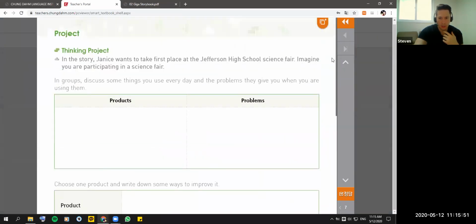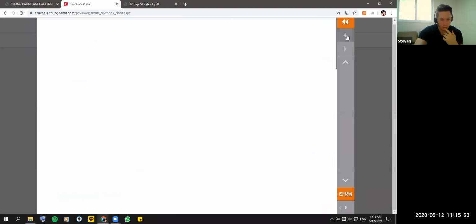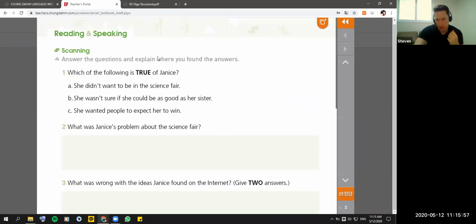I'm going to click back to that page really quick here. So that's 35 minutes. I would try to get the reading done in 15 and then have 20 for this page. That's just off the top of my head, because if the kids are reading and annotating, you shouldn't spend any more than 20 minutes on the reading. And in the beginning, time management is always difficult. So maybe you just set these timers and get as far as you can with the scanning and